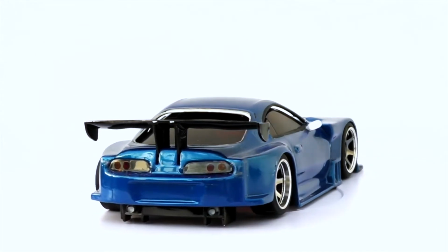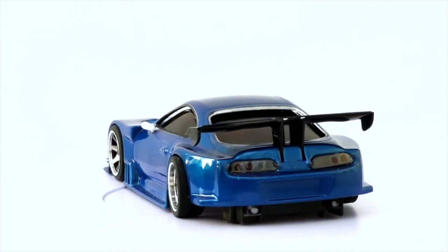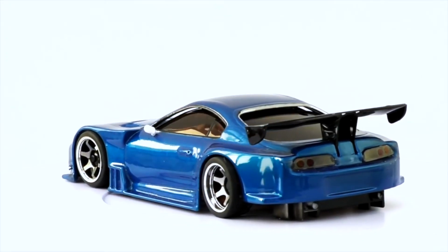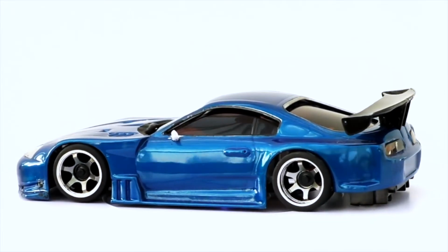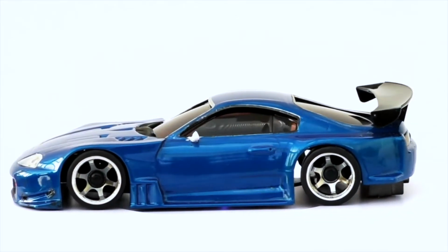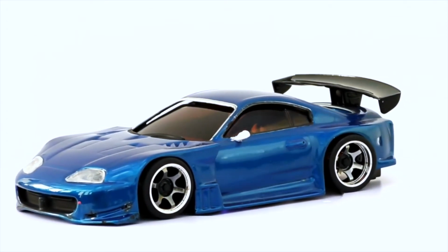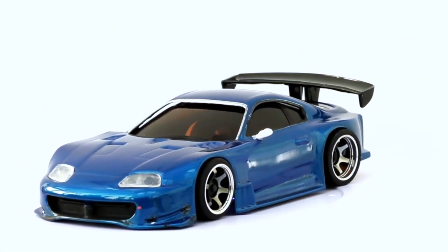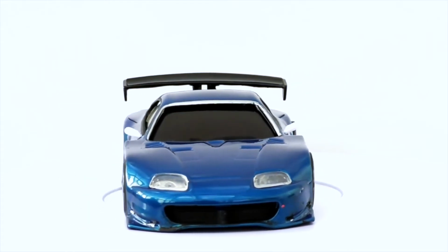And what I did is I ordered loads of 1/43 scale decals, so they're pretty small. I've got other sizes. I've got 1/25 scale and 1/18 scale decals as well, so you can mix it up basically and have different size decals on your cars. But it's just finding the right colour code. Rockstar stuff looks pretty cool, and that's something I probably will